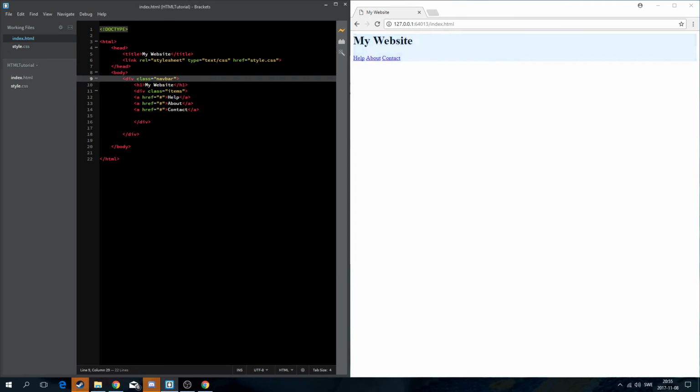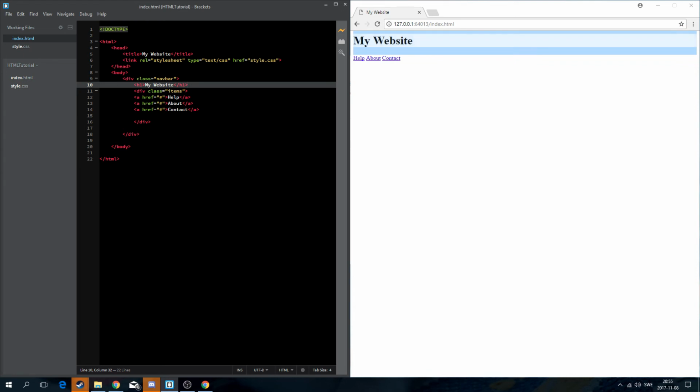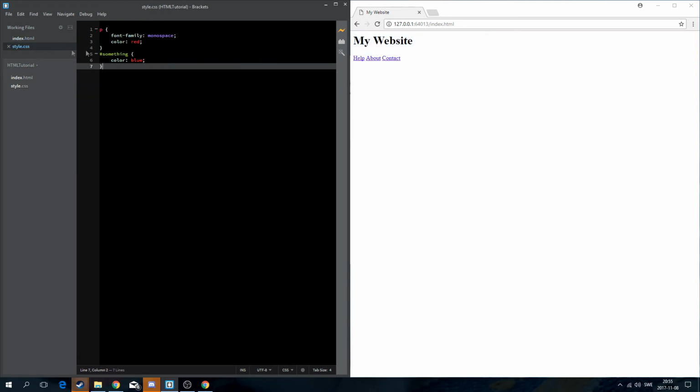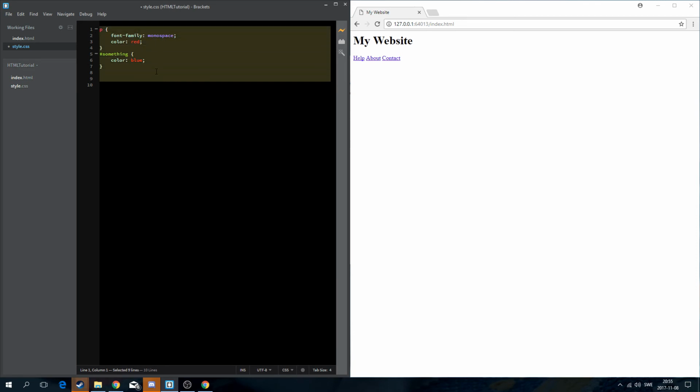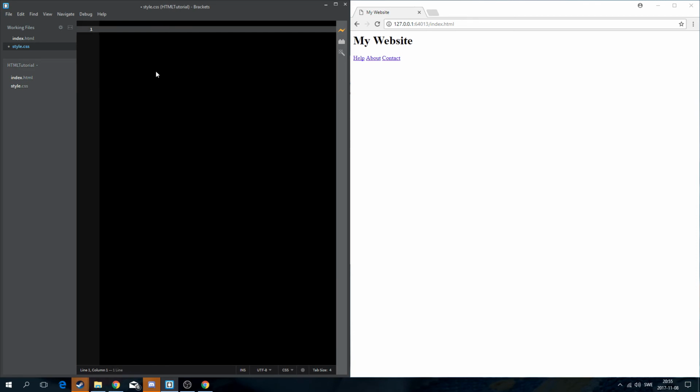So, wait, I'm going to check how big the nav bar is. In the style.css, you've got to try to see how it works, because I'm not sure how to do this in the beginning. But we're going to do